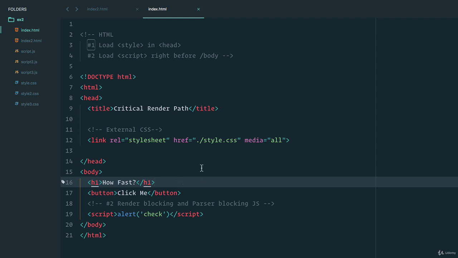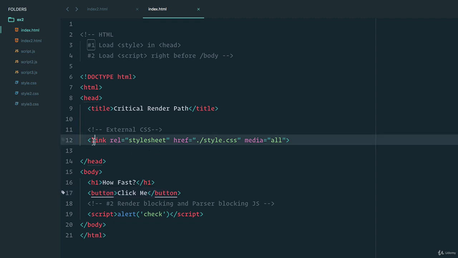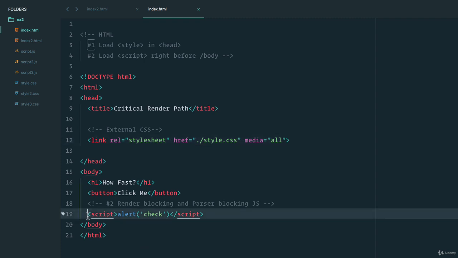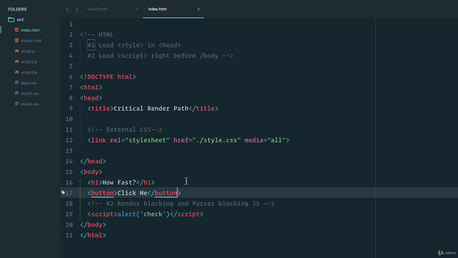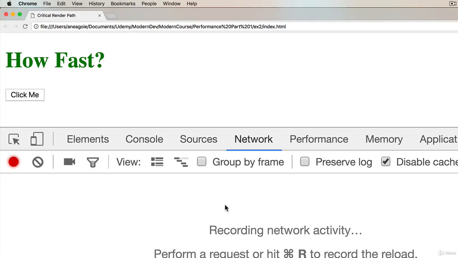I have over here a very, very simple index.html file. It has a simple h1 tag, a button that does absolutely nothing, and we have a link tag with an external style sheet here, and a script tag at the bottom, as I mentioned, which simply just does an alert saying check. So if we go to our browser, we have our website here, very pretty. Our network tab is open. And if I click refresh here,